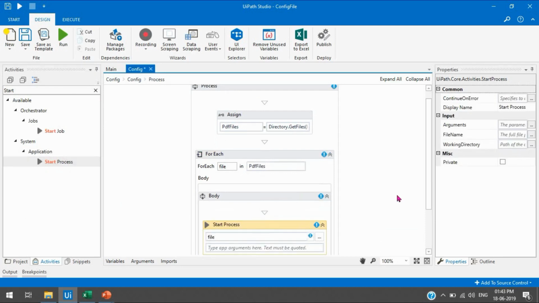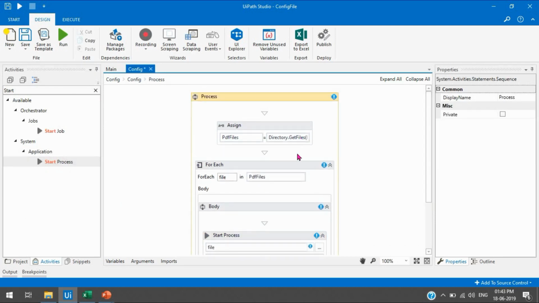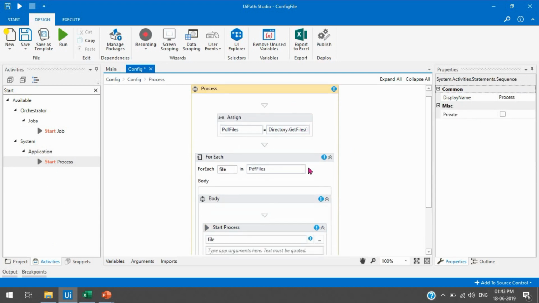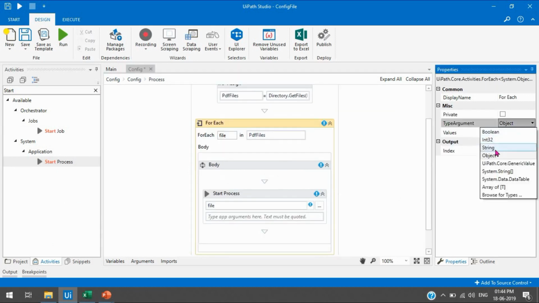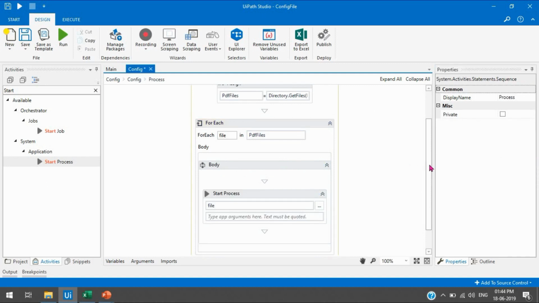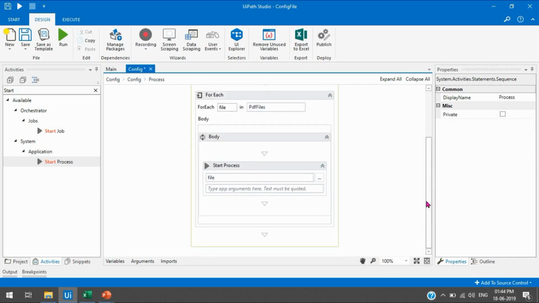So it will open the PDF files one by one. Here we are getting this warning message. So we just go to the for each and change the type argument from object to string. So now it is removed.